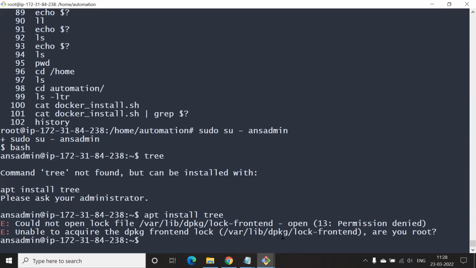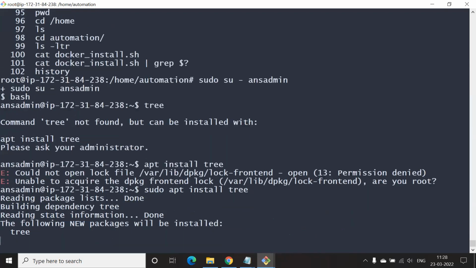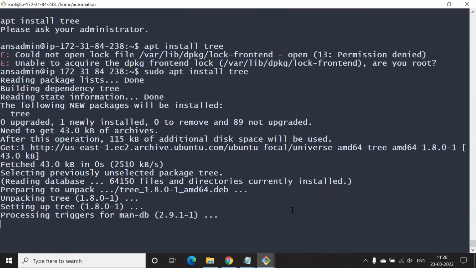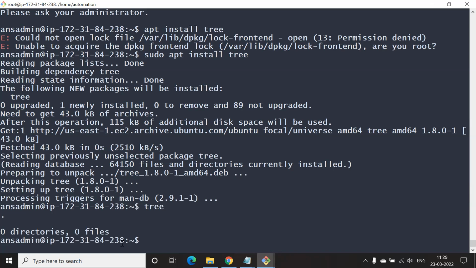Okay. So what do you think is going on? Sudo maybe required. Simple as that. Cool. Give it a moment. Cool. Good one. Now tree. And okay.